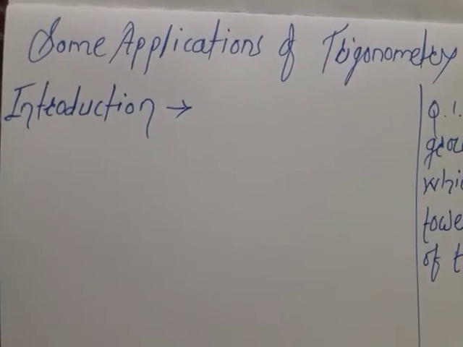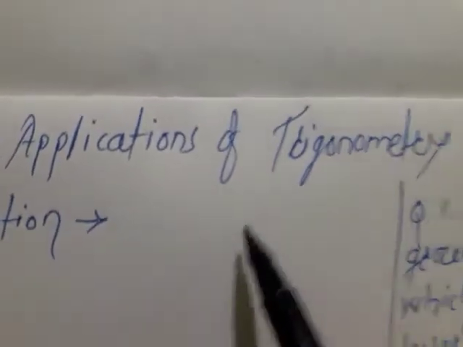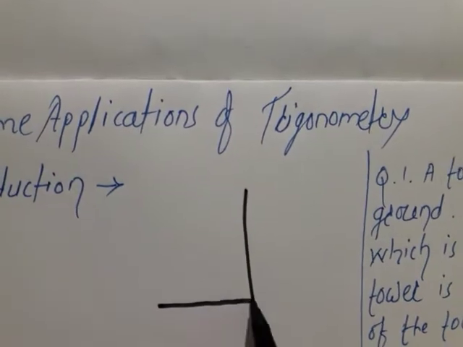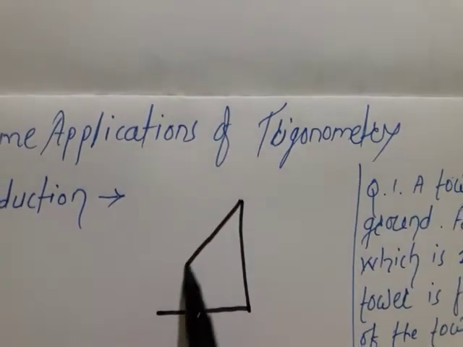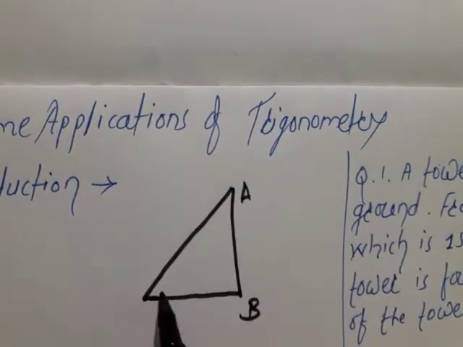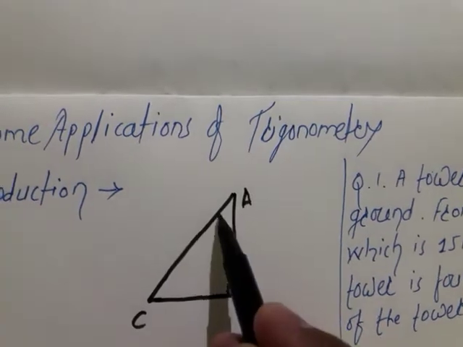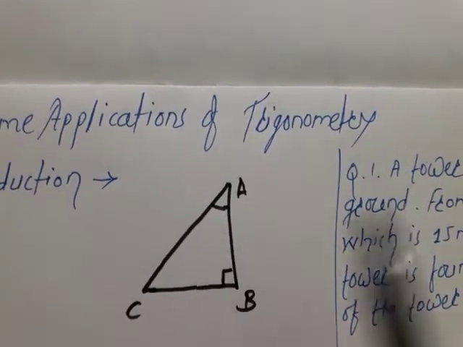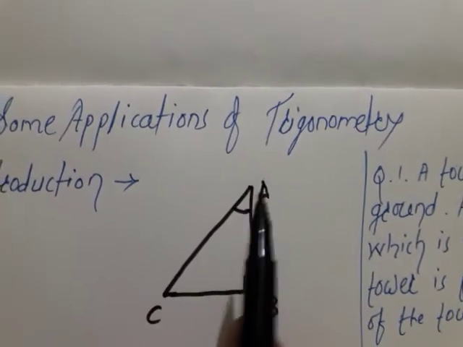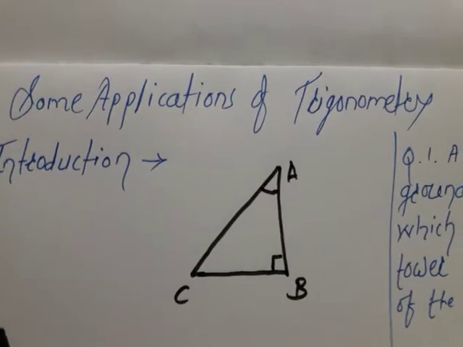In this I am going to revise first of all the definitions of ratios. For that purpose let me consider one triangle, triangle ABC, in which angle B is equal to 90 degrees, and suppose I have considered angle A. Then how to write the definitions of trigonometric ratios, we have discussed before. First of all, which ratios are there?